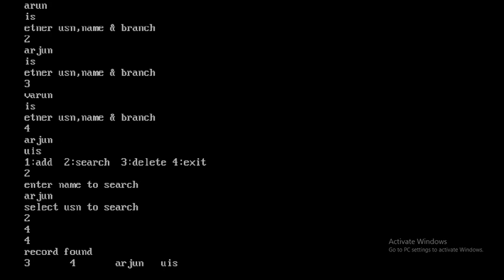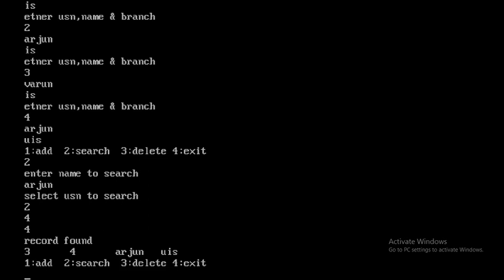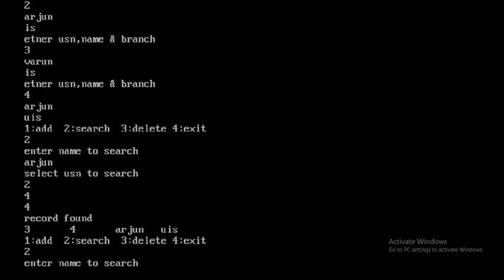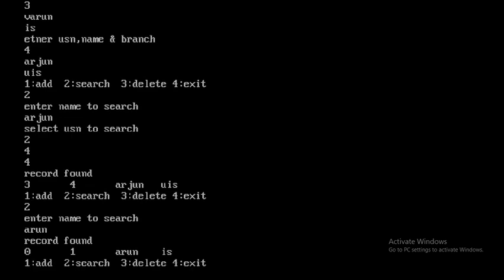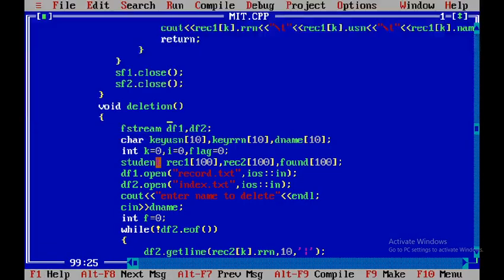If in case you give only one record, then fine. See, for search I'll give Arun. How many instances of Arun are there? Only 1, so it will be displayed directly. No case like this, no case has been found, as we have select the USN to search. Only when there are more records with the same name, that particular part is executed. If only one name, only found of 0 is used. Found is a temporary object we are creating in order to store the duplicated names and their USNs, such that I'll prompt the user that there are 2 different USNs for the same name, choose what you want. So I'll come back to the delete later.